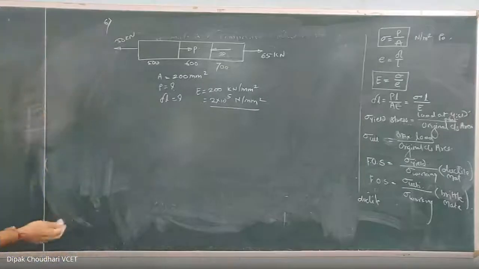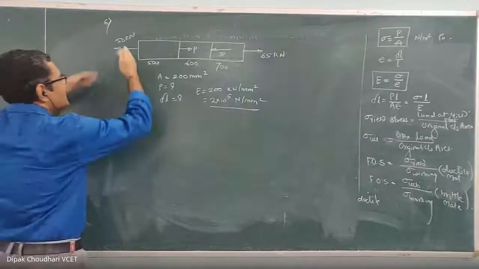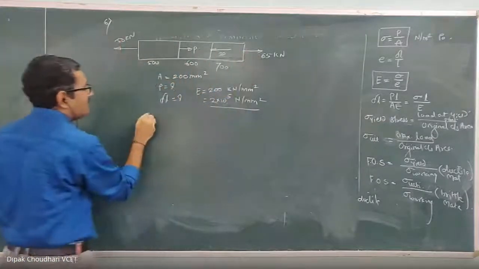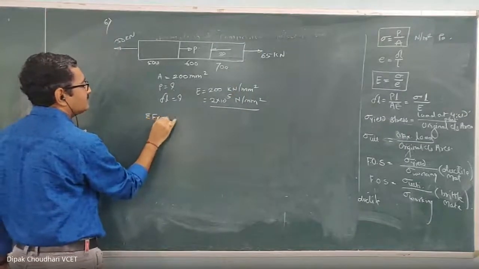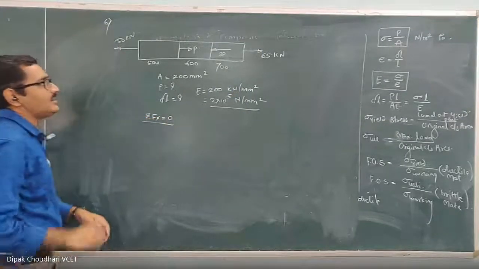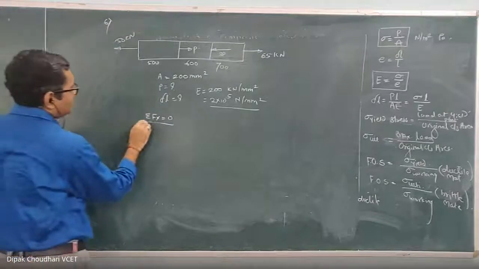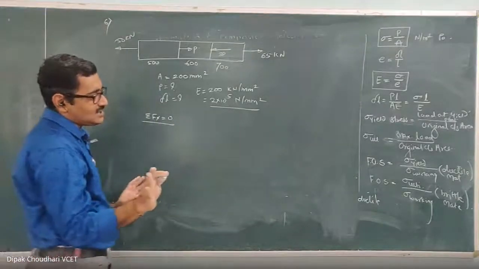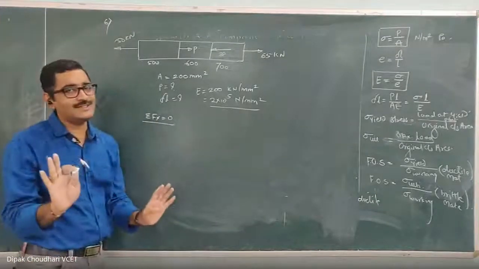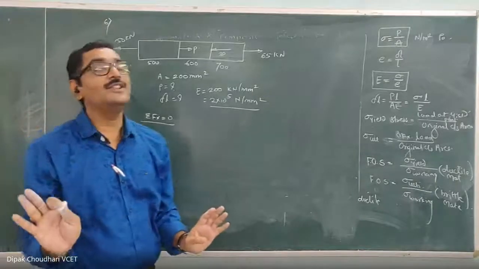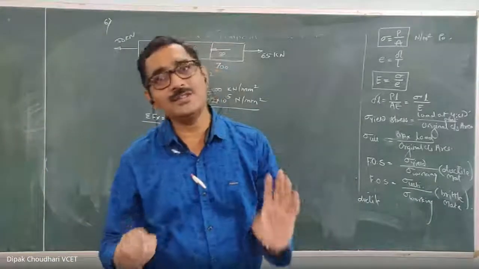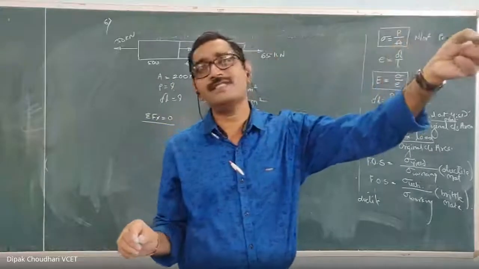Now, I have to calculate the P first. Since the entire rod is in equilibrium, by using the condition of equilibrium for the entire rod, I can calculate the force P. Here I am going to use the normal sign convention, not the sign convention for the axial forces. When you need to calculate the axial force in any particular part, you have to use the sign convention for the axial forces.